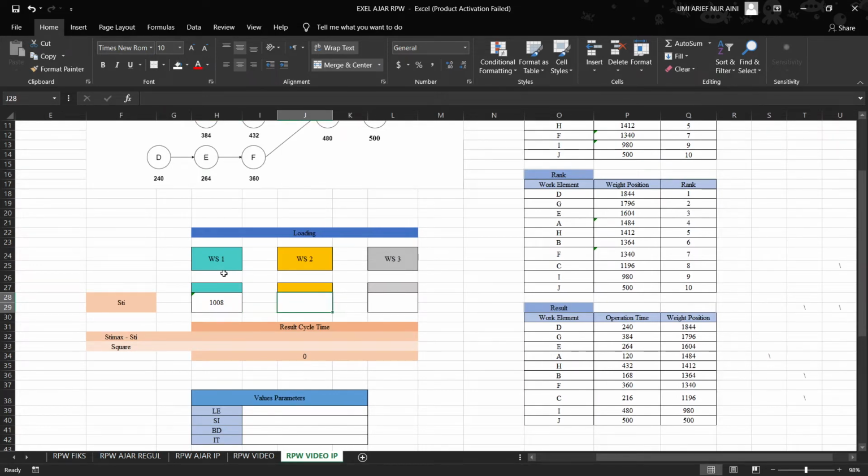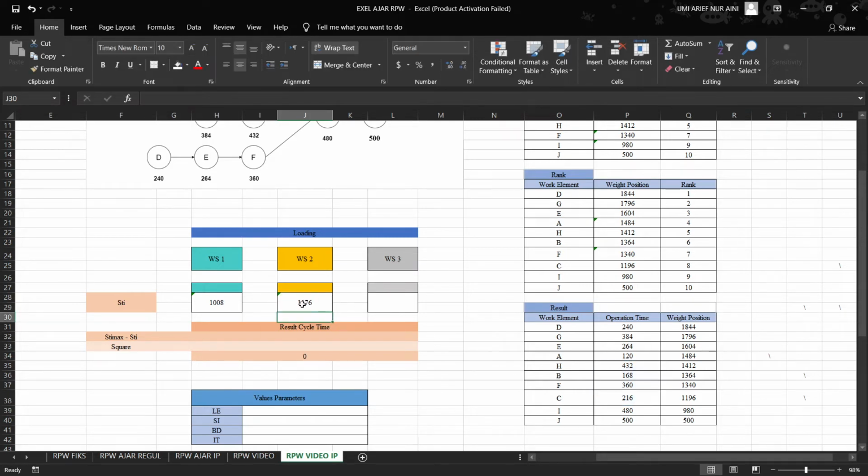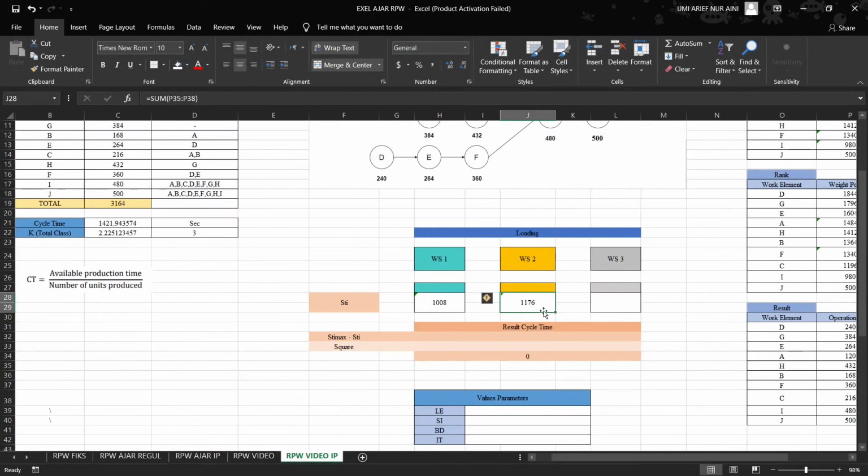After you get the result for workstation 1, you move to workstation 2. For workstation 2, you use the formula SUM, and then select the operation times from work element H until work element C, and you can see the result is 1176, and the time is not more than the cycle time.